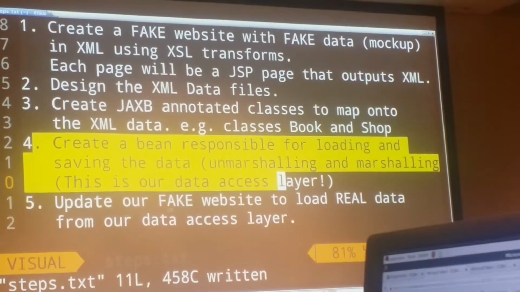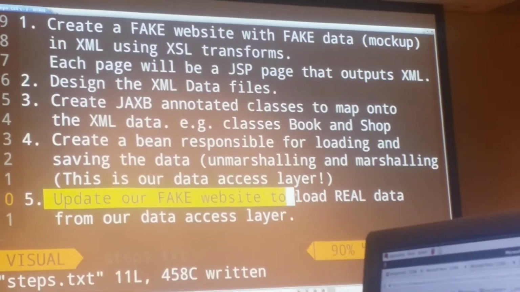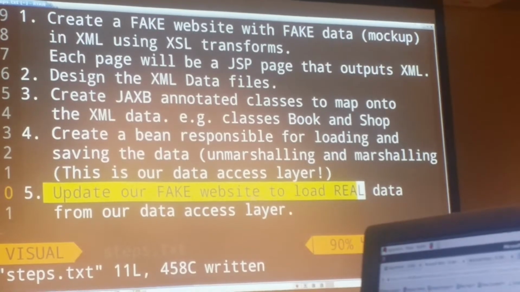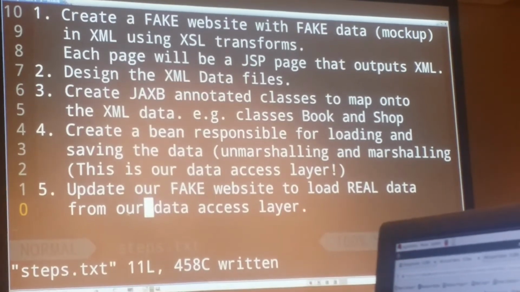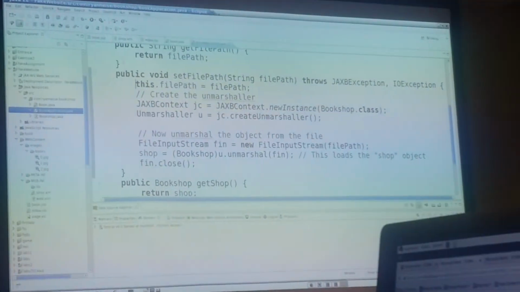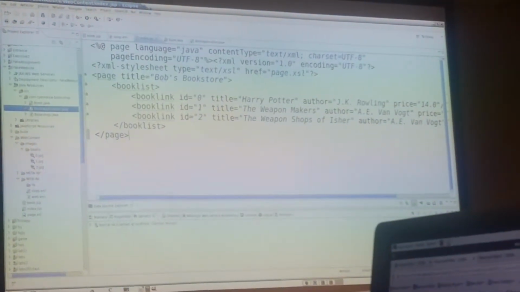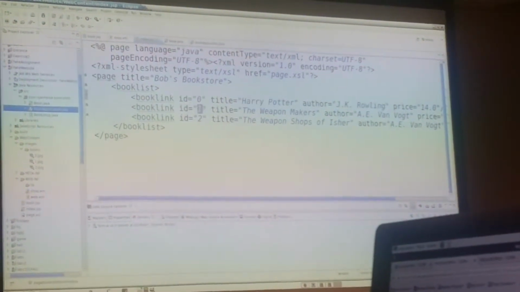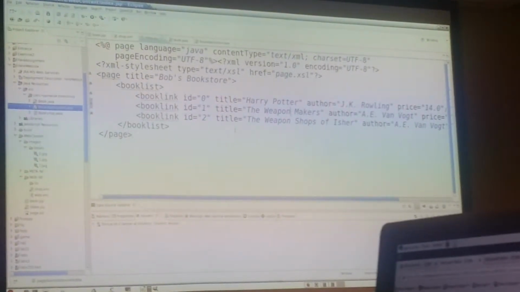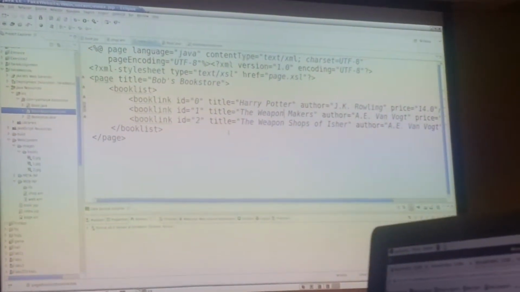And what's step 5? Go back to your fake website, and now we're going to load the real data from your data access layer. So we're going back to our JSP page here, where we've got fake data, and now we're going to load real data from the JSP page. So how do you do that? Well,